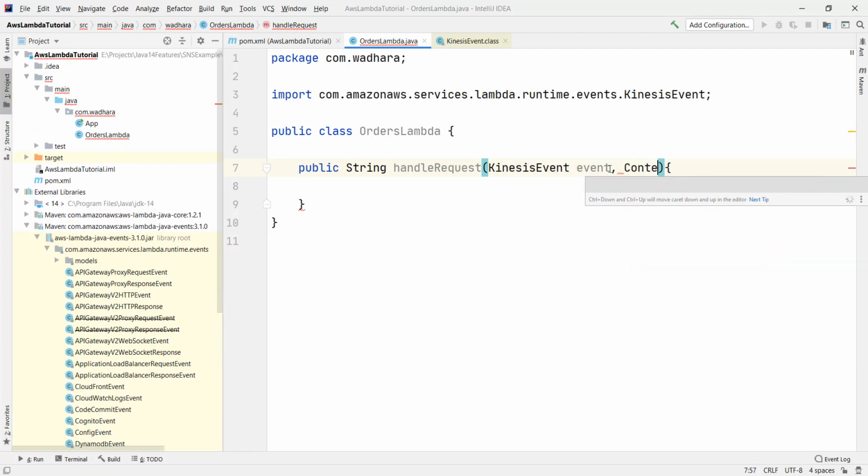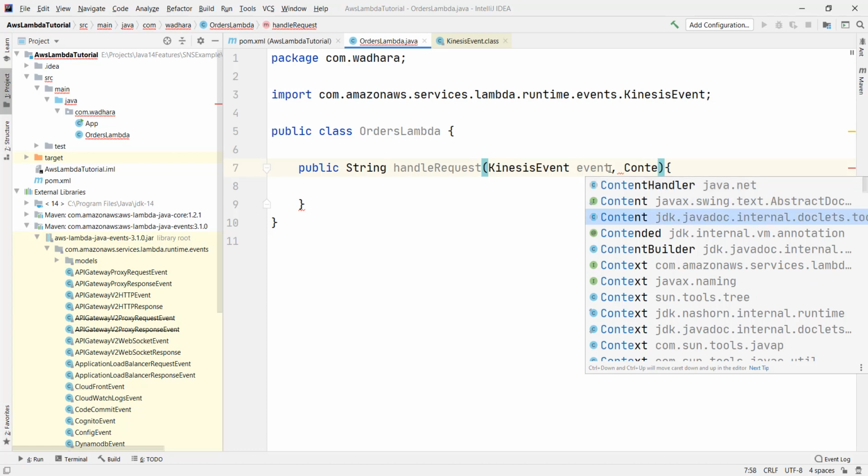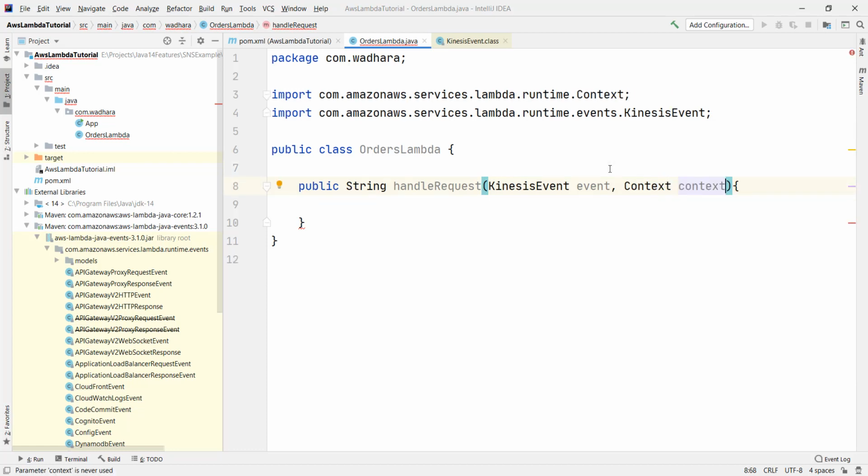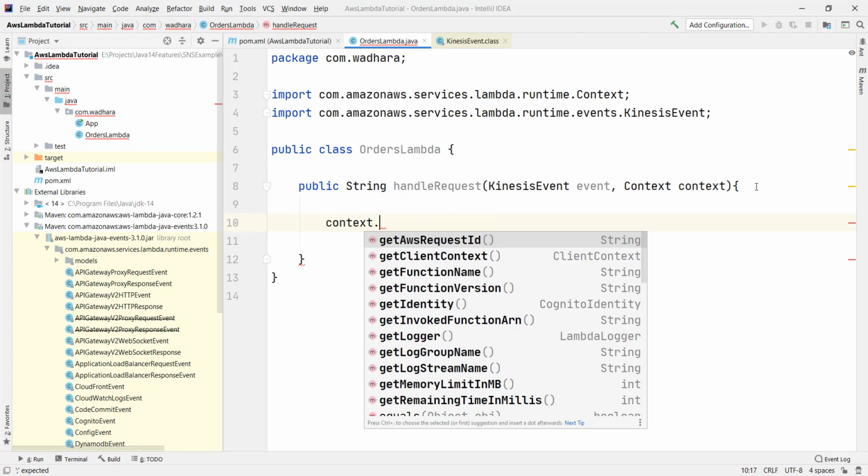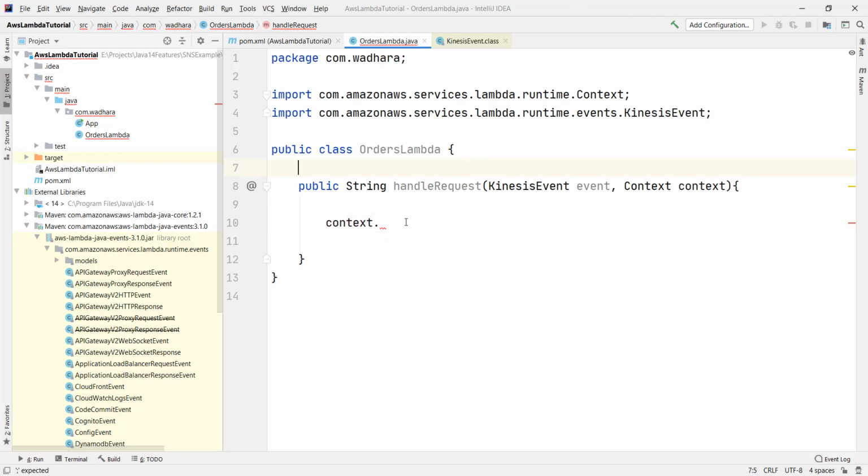So the next thing is context. When Lambda runs our function, it passes a context object to our handler. This object provides various properties for your Lambda function, such as our function name, our function version, memory limit of our Lambda, max runtime of our Lambda, how much time is remaining. So this is very useful. If you look at the properties, you can see we have different getter methods such as client context, function name, logger, or memory limit in MBs, remaining time in millis. Yeah, so this is very helpful.